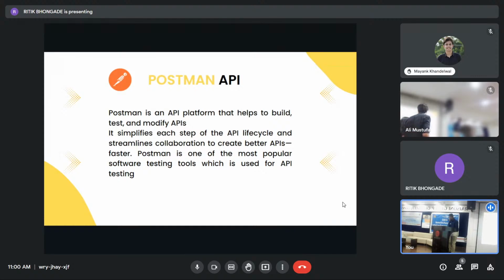Question is, what work does Postman do in the sector of API? It's a mediator between two applications. The answers will be verified and validated by Ali. So you need to answer that very well. Okay?